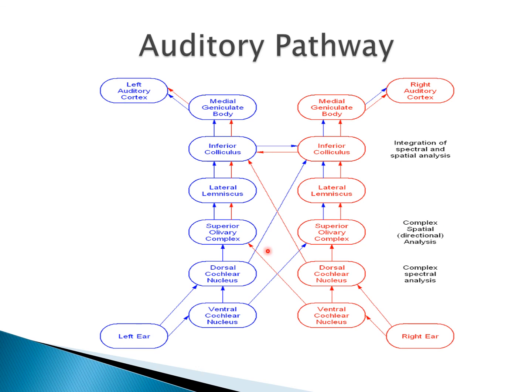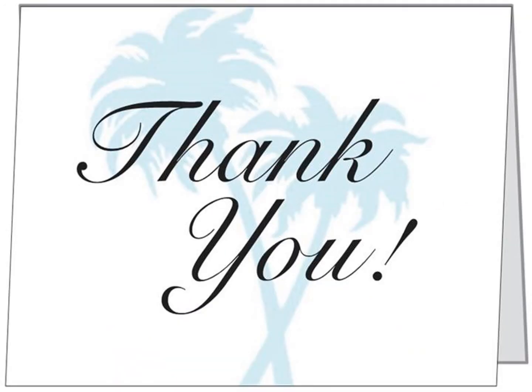As I told you, both ears are represented in both cerebral hemispheres. So we can see here that this is the auditory pathway of the left ear and this is of the right ear. We can see that there are multiple areas or points of decussation of the signals, that is, a signal from one part of the auditory pathway also passes through the opposite pathway. So there are multiple levels of decussation. So each ear is represented in both cerebral hemispheres. Thank you.